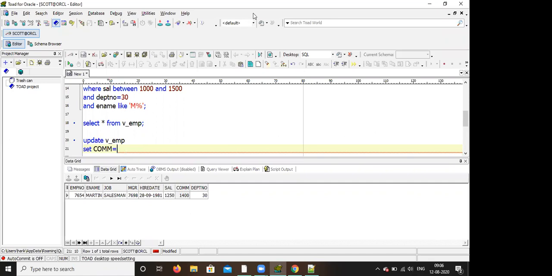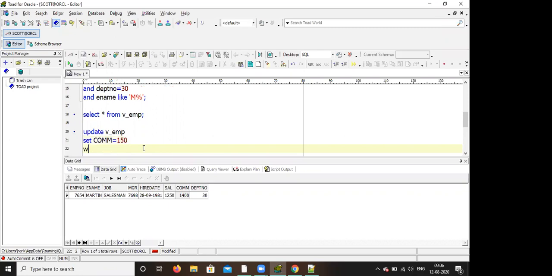So commission equal to 150, where EMPNO equal to 7654. 7654 is the employee number of Martin, whose commission is 1400.